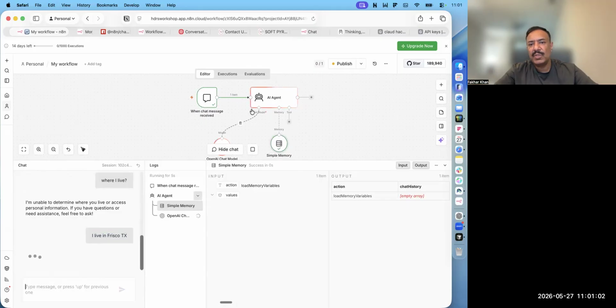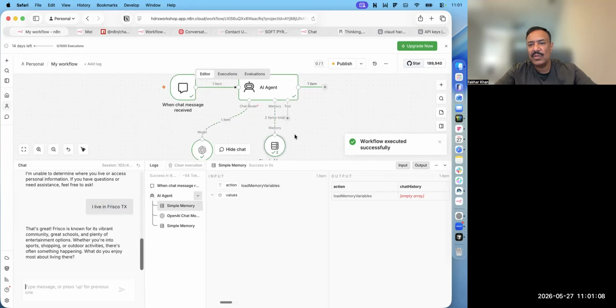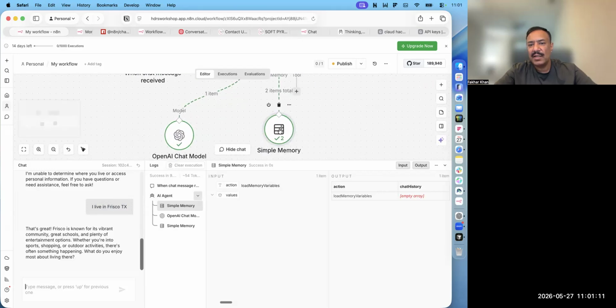We will be able to see that the information is traveling to the chat agent and then to the chat. We can also see that two messages are actually stored in the simple memory. These two messages are these ones: I live in Texas, Frisco, and the response from the AI. So if I now ask where I live,